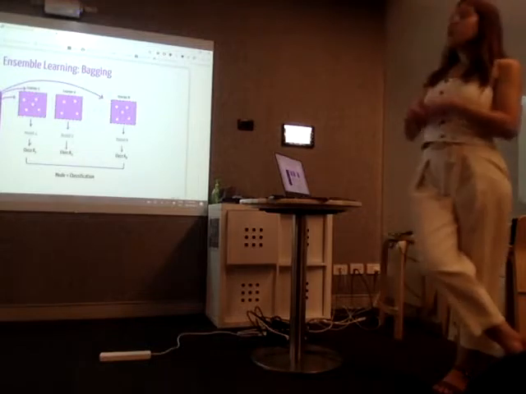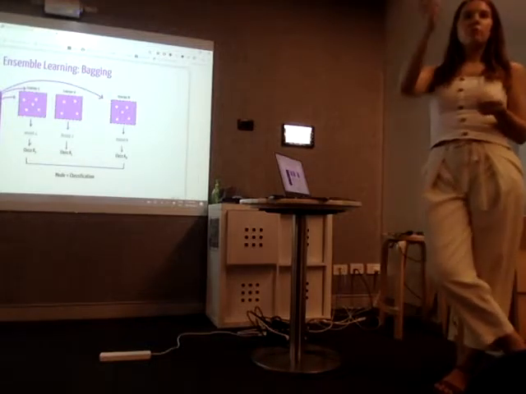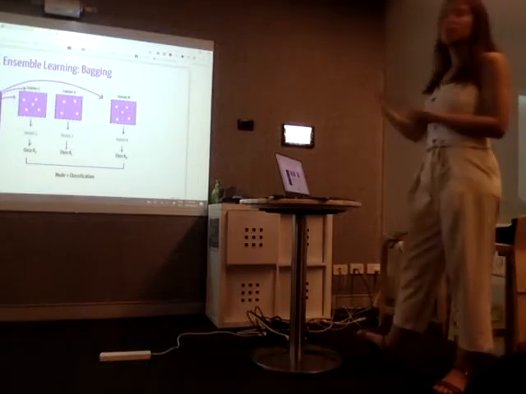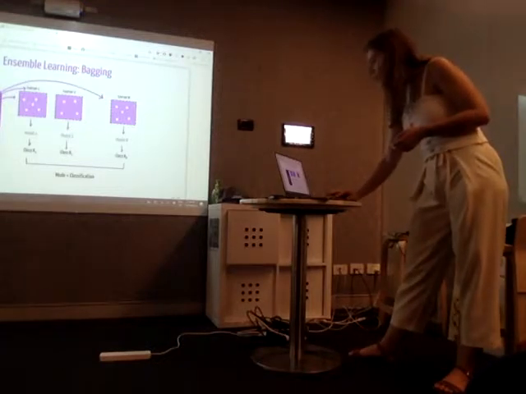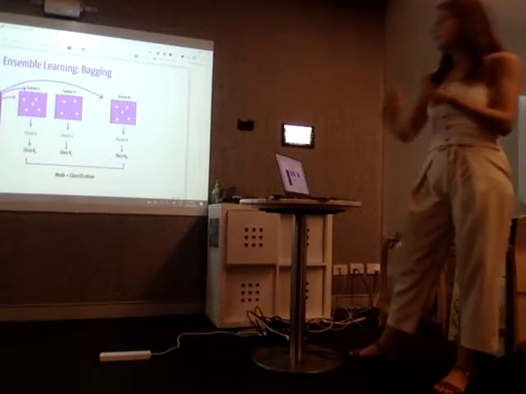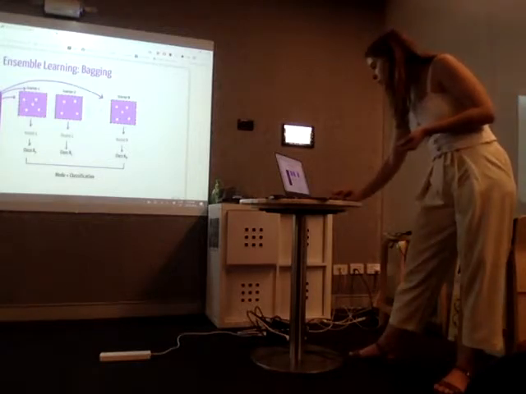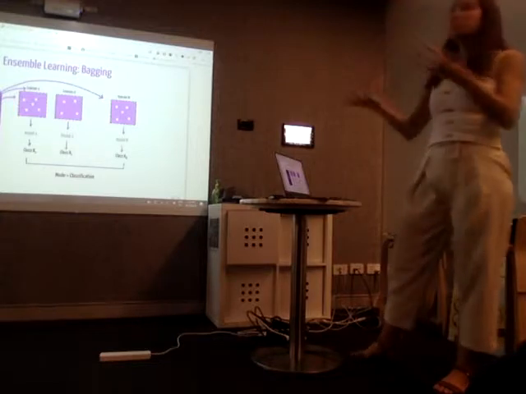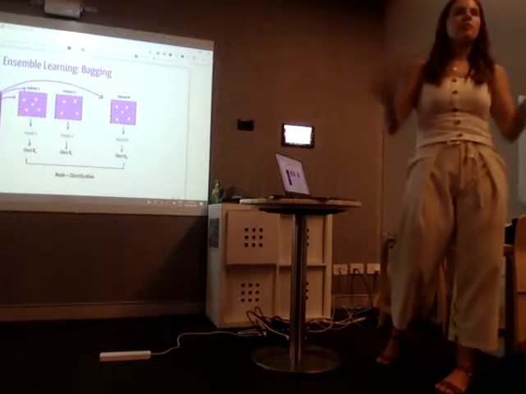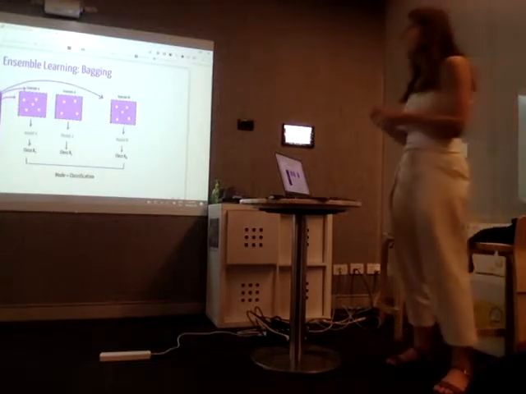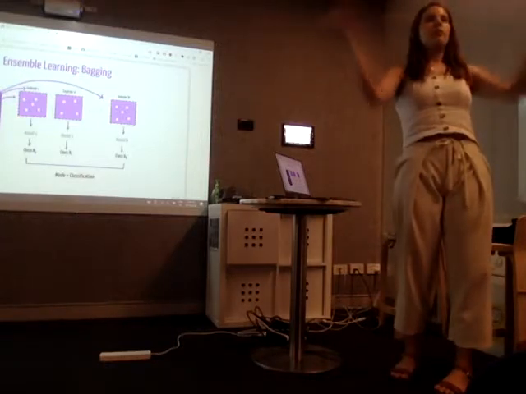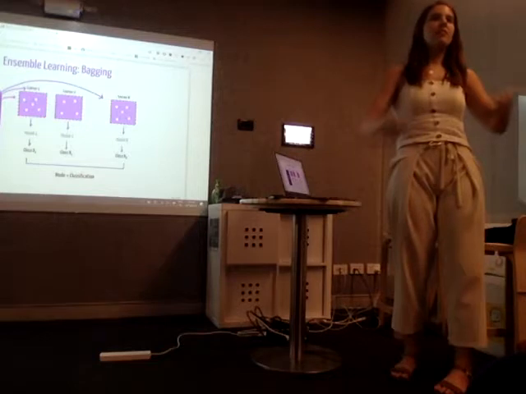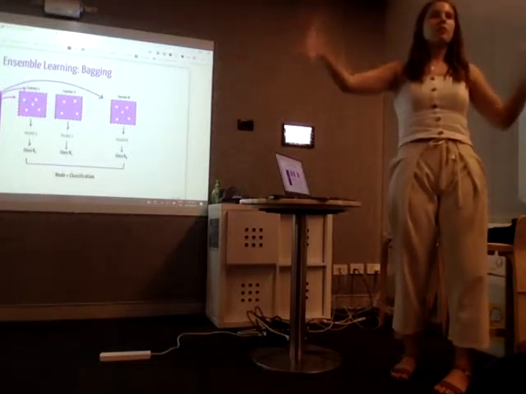And then when you feed it a new data point, so suppose maybe another flower, with measurements for example, this tree will classify it as some class. This tree will classify it as some class. Each will give your class out. And then what you do is you take the majority vote of what class they all think. This is what ensemble learning is. So instead of having one grand master tree, you give many different trees a smaller subset of data,